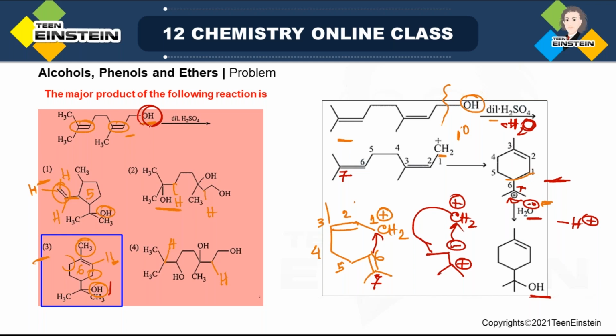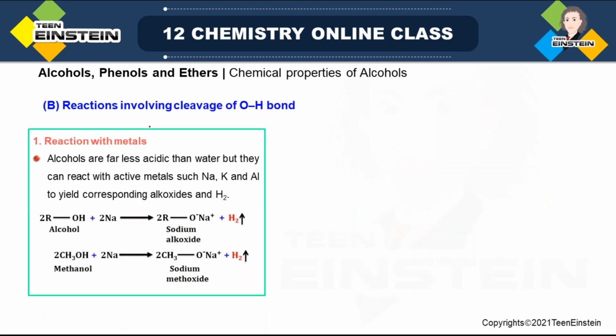So all these two reactions basically, one is dehydration, another one is addition of HX, so that you can get alkyl halide from alcohol. These two are under the heading of when it is carbon oxygen bond cleavage. But the other possibility is type B. Now these reactions will be involving cleavage of oxygen hydrogen bond. The first type under this category,